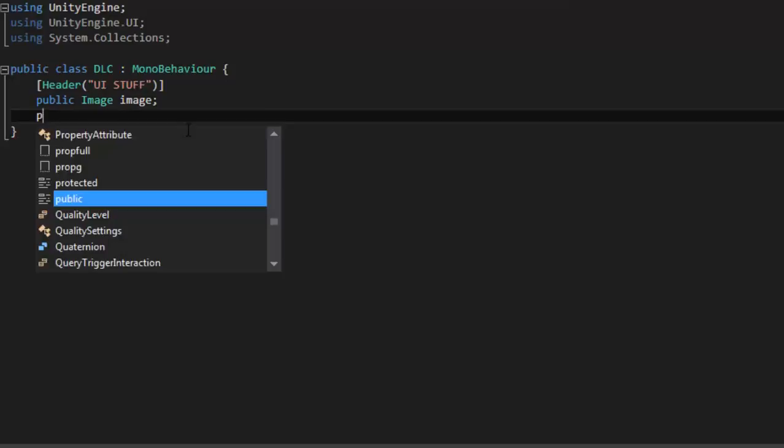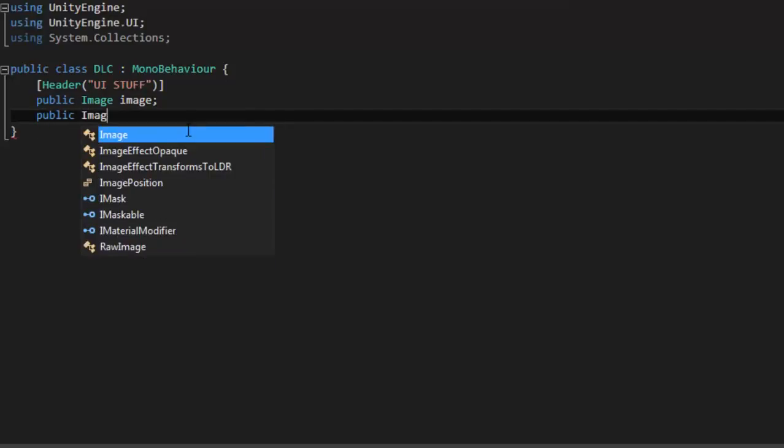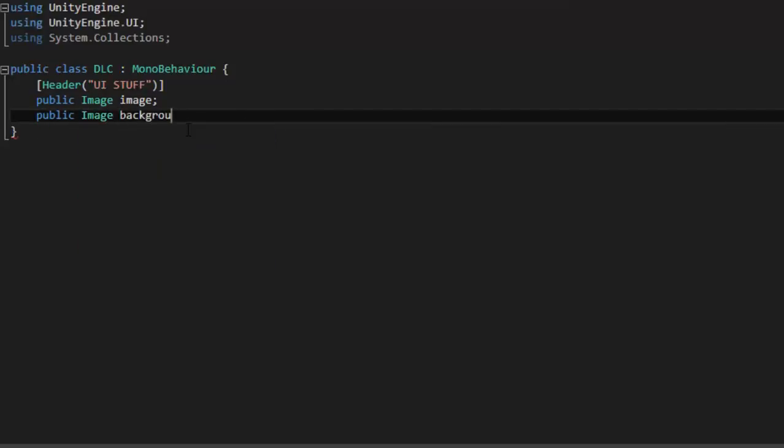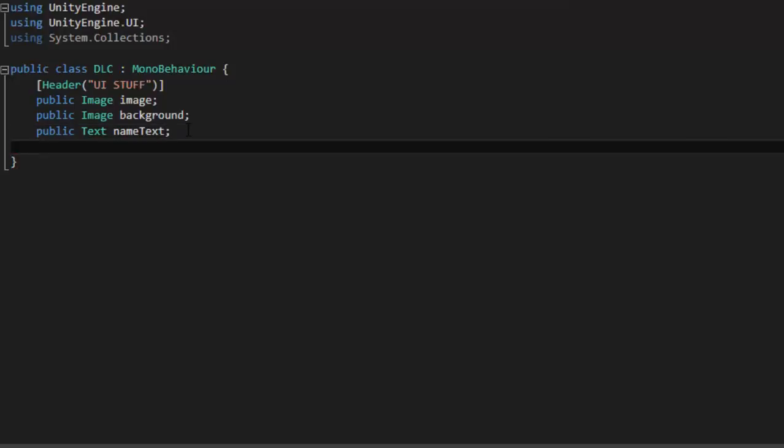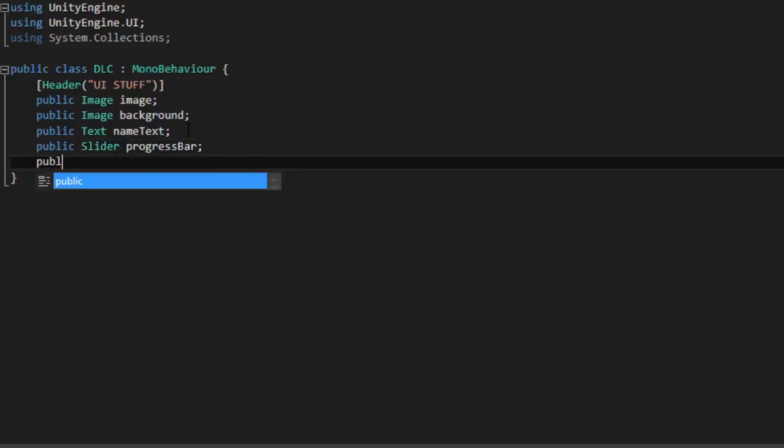Call it image, and then make a variable public Image background, public Text nameText, and then public Slider progressBar, and then public Button